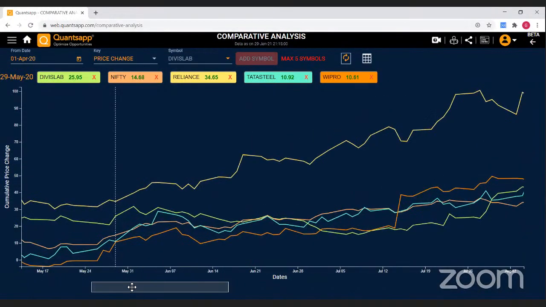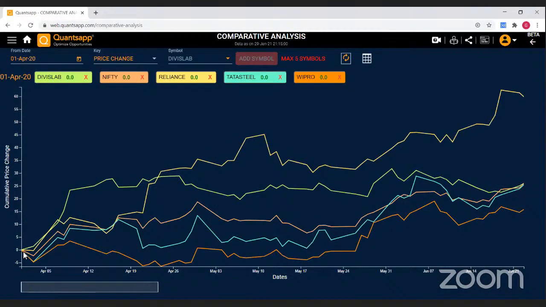I'll zoom in. Now I will start here, on the zero. What does zero indicate here? Zero tells me that I'm looking from 1st April. That is my initiation point, and I'm taking it as zero. I'm looking at how, from 1st April 2020 to 31st January 2021, which is today, the prices of this index and these stocks have moved,